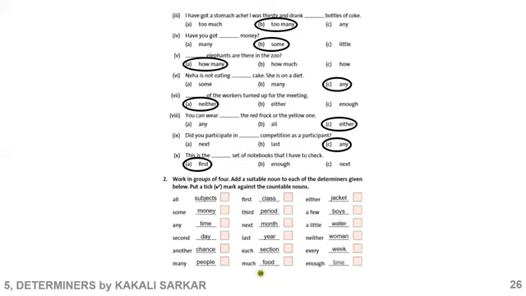Now children, we have filled up the nouns against the determiners. Now one more thing is remaining, that is we have to put a tick mark against the countable nouns, and the nouns which are not countable won't have any tick mark. Now all subjects, definitely subject is countable, so we'll put a tick mark there. You can tell, yes, we have this many subjects. Some money, no, money is not countable. Any time, time also we can't count.